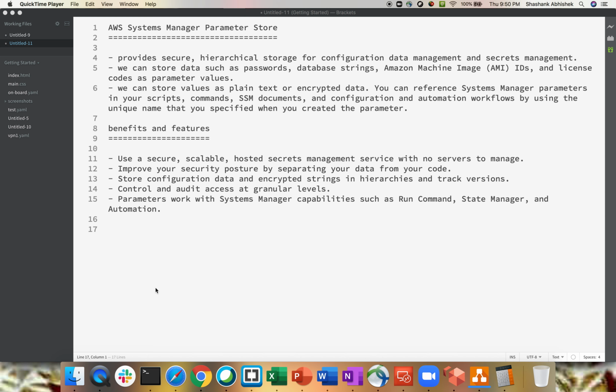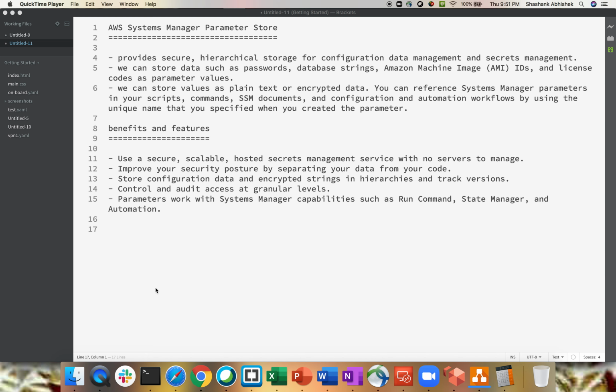The best way of seeing this module is as one place to store everything, and one place from where your Run Command or your automation will pick up all the values to create your configuration or to install your application. That's the concept behind Parameter Store of Systems Manager.